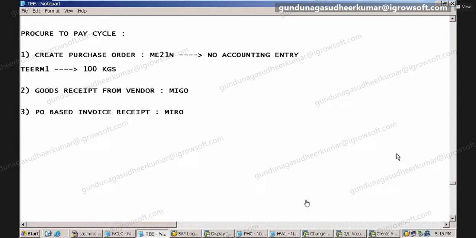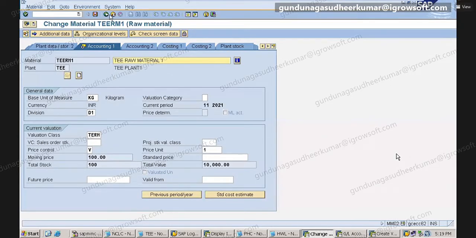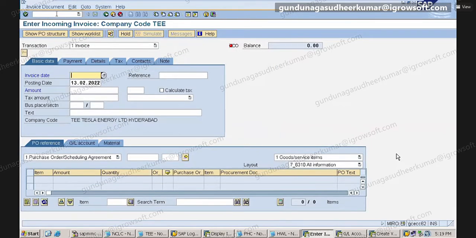So now go to MIRO. This is the invoice. Against which purchase order do we have to give the invoice?